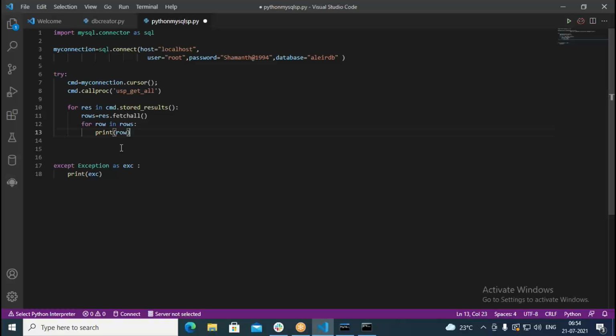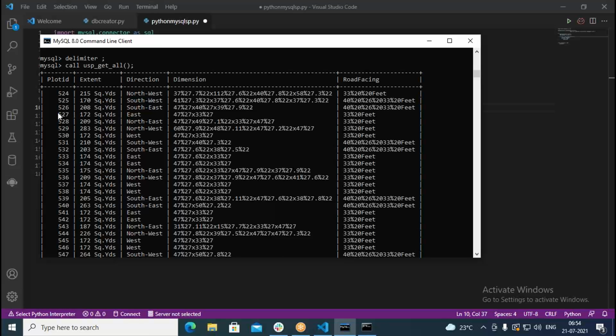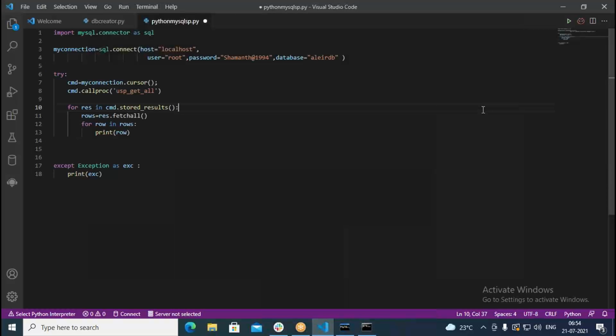We are going for nested for loops in this, one for loop inside the other for loop. This is called nested for loops. There can be a number of stored results, but from that we take only the very first stored result. When you go with the MySQL command, all these are nothing but rows. This is one row, this is the second row, this is the third row. Whenever you go with a SQL select command, it retrieves rows only. So first of all, we get all rows from that table, then one by one we take a row and print it here.